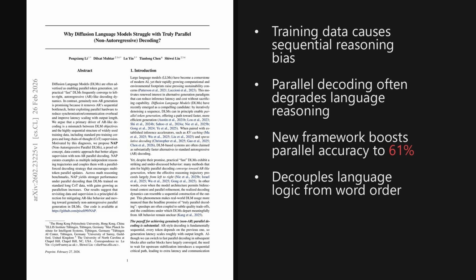Wrapping up, the big takeaway here is that a parallel architecture does not guarantee parallel speed if the training data remains linear. The paper proves that standard sequential reasoning forces models to ignore their parallel capabilities. By restructuring this data, the NAP framework effectively decouples reasoning from order, unlocking the true potential of